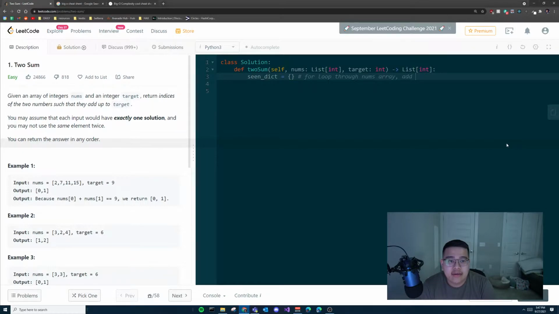And then add if the element is not in the seen dict, add. Okay, so if it's not in there, add it to there, because then we're going to use that to check